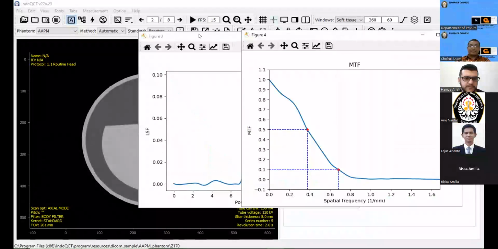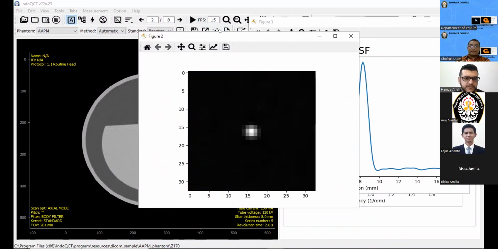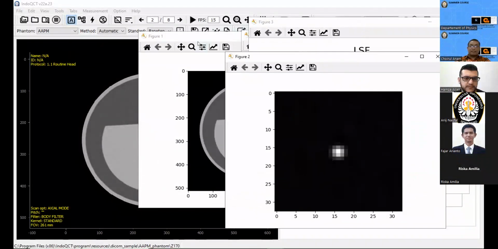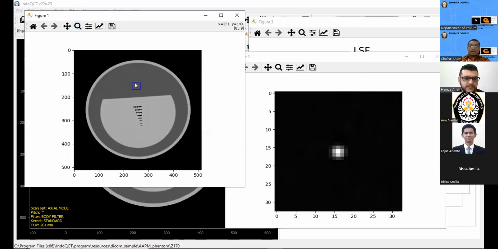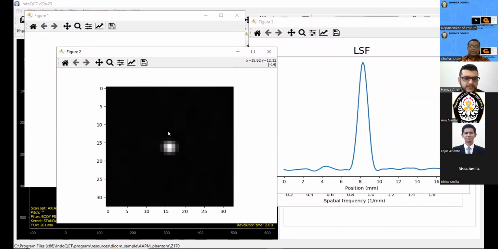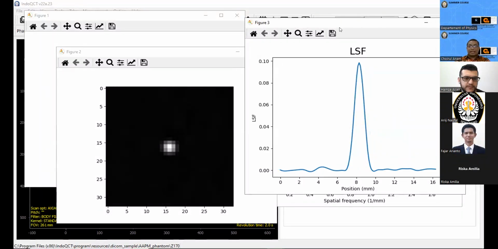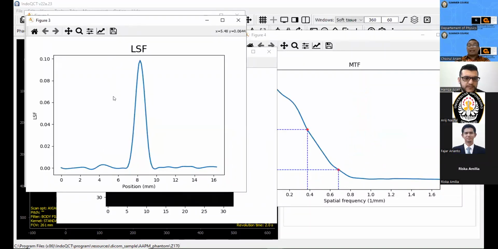This one is our ROI, automatically located here by the QCT, and based on this ROI, the image is cropped, so we get this, and then the image is averaged along the x-axis, and then we get the LSF, and normalize it also.